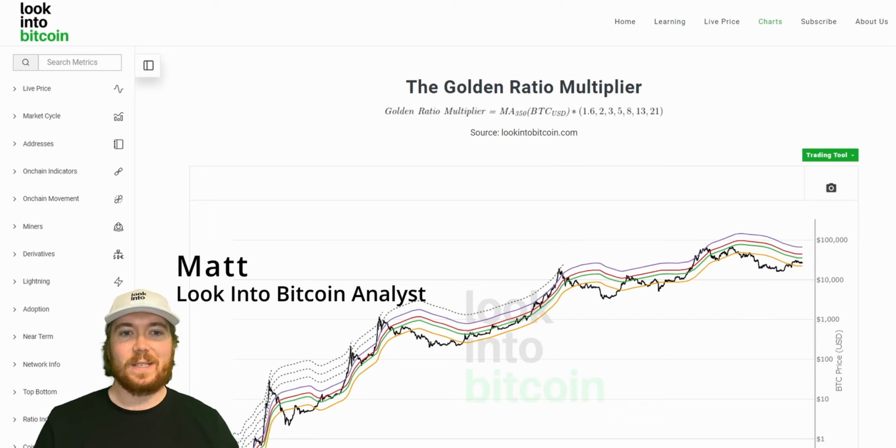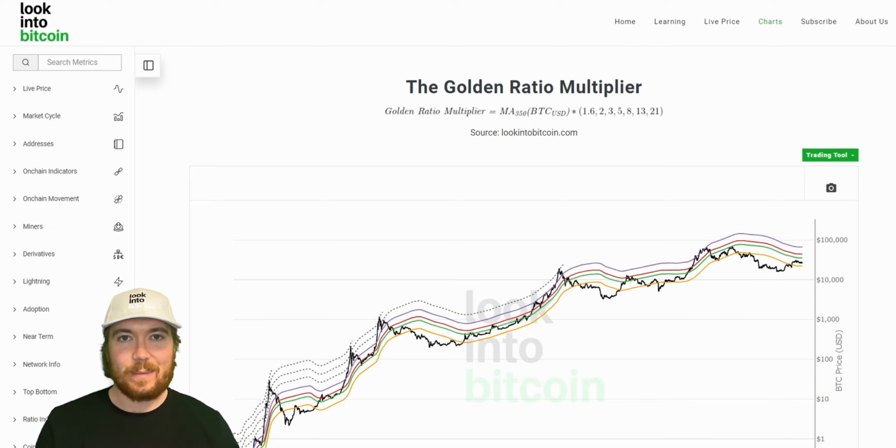Hi everyone, I'm Matt from Look Into Bitcoin, and today we're going to be looking at Bitcoin and the Fibonacci sequence. To do this, we'll be using a number of resources that are all freely available on lookintobitcoin.com,